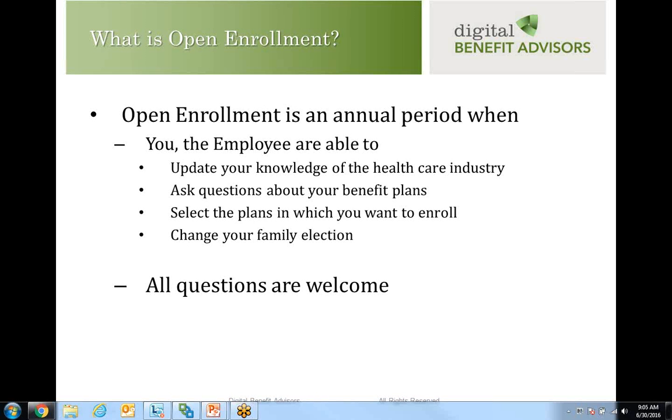Open enrollment is an annual period when you, the employee, are able to update your knowledge of the healthcare industry, of course, ask questions about the benefit plans. You'll select the plans in which you want to enroll, or this is your opportunity to change your family election. So not only are you able to select a different plan at this time, you're also able to change your family election. This is the only time that you can do this throughout the entire plan year unless you have